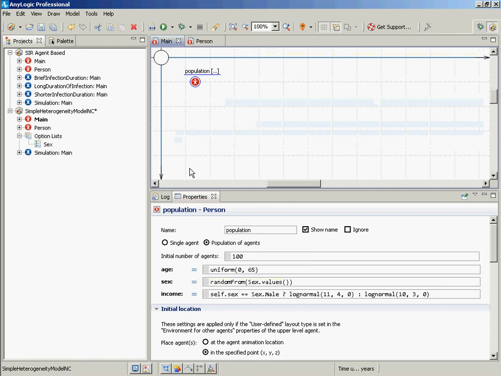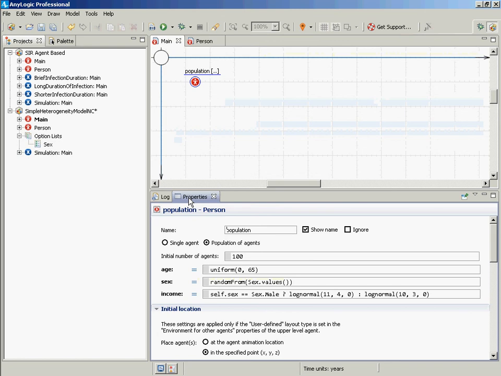So in general, AnyLogic's interface. So maybe what I'll do is, with your leave,